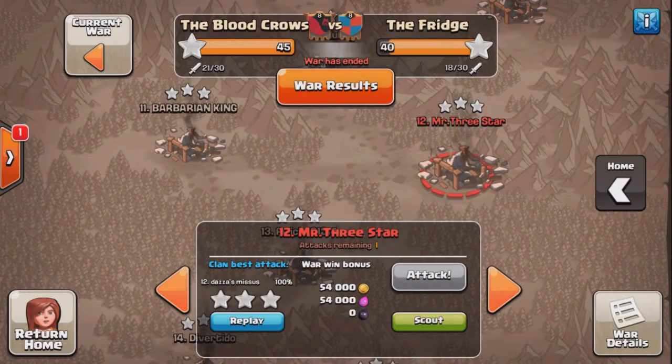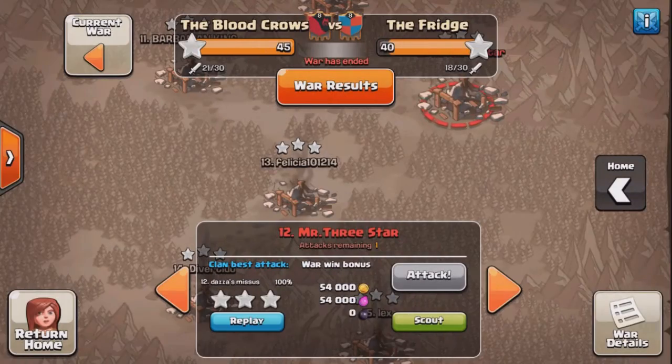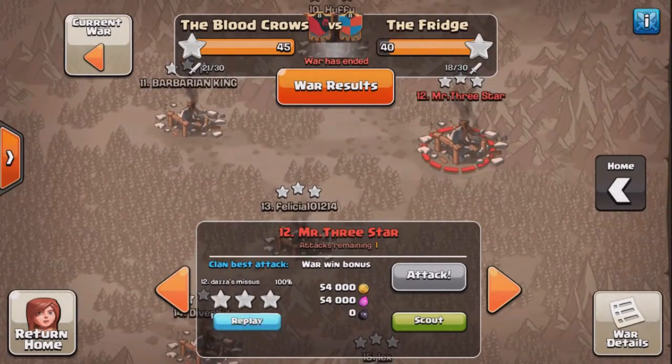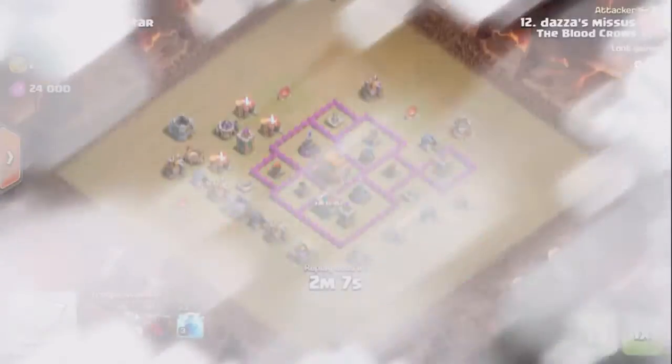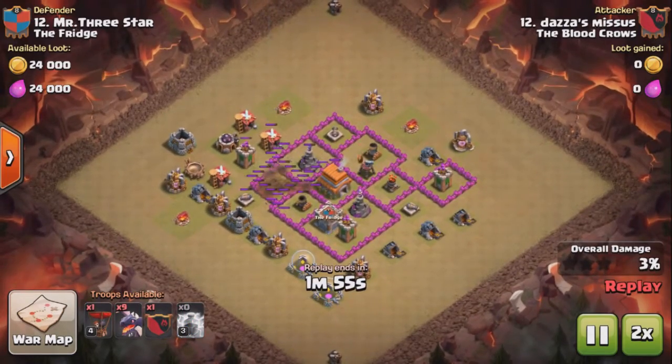That leaves Daz's missus taking out number 12. Now this actually isn't Daz's missus anymore. It's Dazza himself utilising his wife's account because she got bored of the game. Oh, how dare she. This is going to be a fun one for Daz, just lightning down that air defence